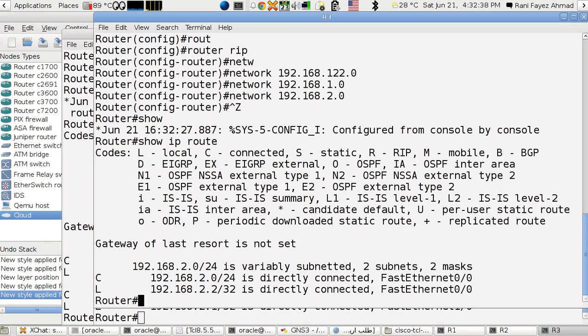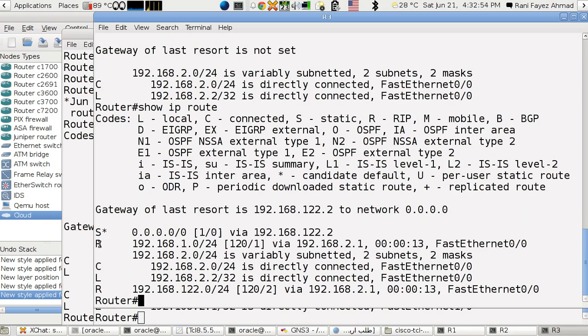Okay, now it will take a little bit of time, just like half a minute. Okay, I know we can set it somewhere, I just forgot where, but simply it's the timers of the routing. So it will update it. Once after a while, R started showing. Okay, so this means now I'm in R3, see here it's R3. Okay, so if I want to go from R3 to